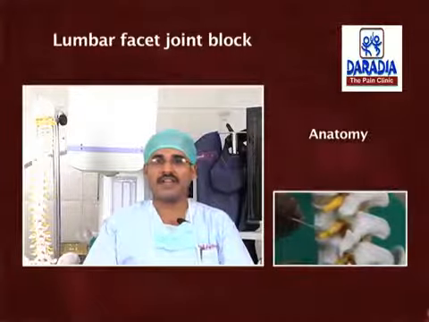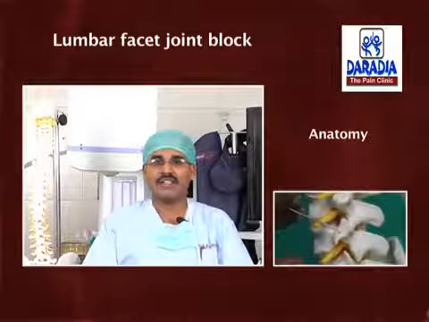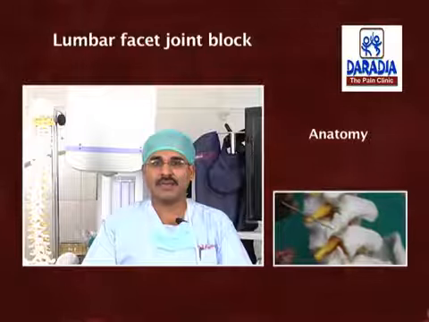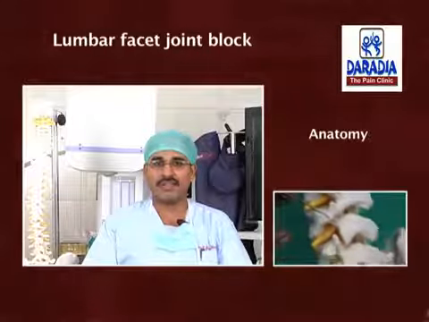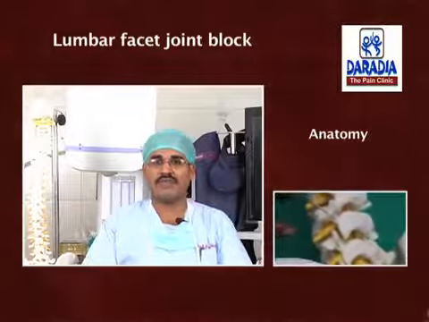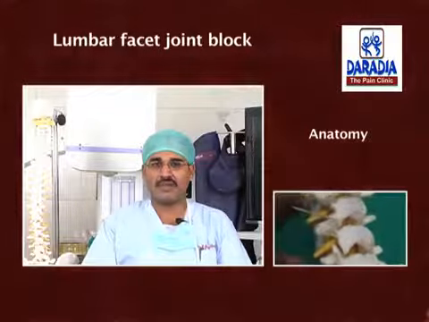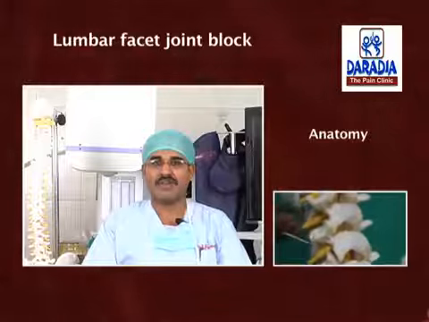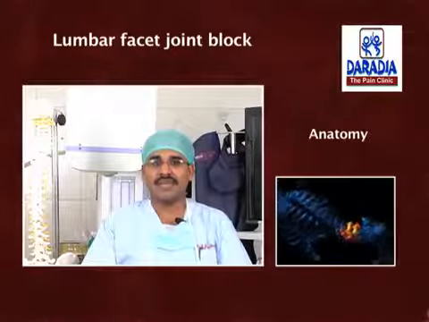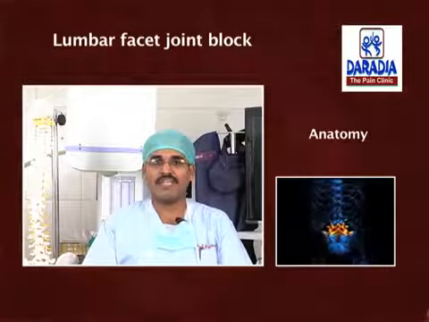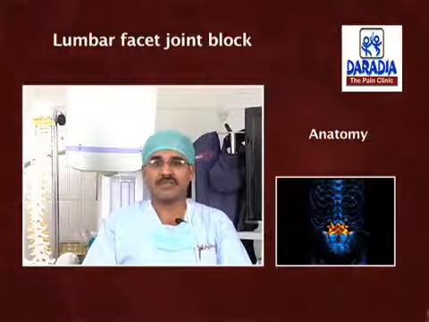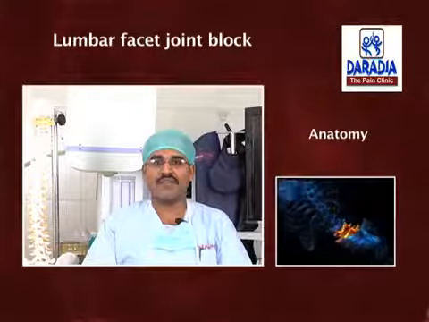The medial branch, after arising from the posterior ramus, runs medially and posteriorly in the groove between the superior articular pillar and the transverse process. It gives off two sensory branches, one to the lower pole of the facet joint at its own level and one to the upper pole of the facet joint below it. It ends by ramifying in the multifidus muscle. Thus, each facet joint receives innervation from the nerve one level above and from the same level.